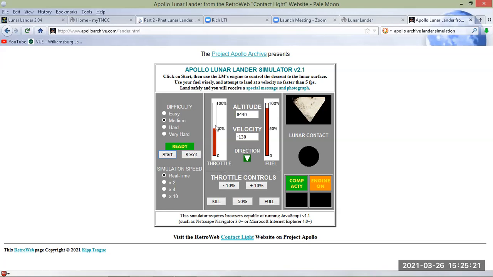So here I am descending, my altitude there. But the goal is the same: you want to reach a velocity, this is in feet per second, which a soft landing would have been 2 meters per second in the other. And this one isn't as forgiving with fuel, so I'm going to cut my fuel usage right now